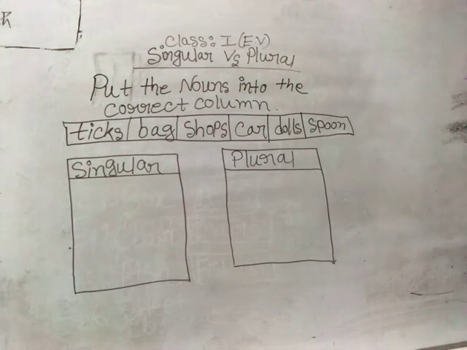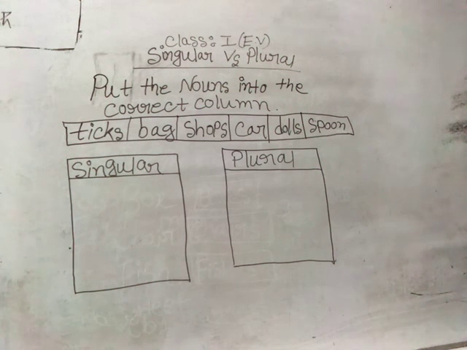Whatever noun or whatever things are there adding with s, which column should we put it into? In the plural column. And the things that are not added with s, that means in the word where s is absent, we can sense that it should be a singular noun. So can we put the correct noun in the correct column? Of course we can. Let us see which of the nouns would be in the plural column or in the singular column. Please draw the columns first. I hope you already have done it.